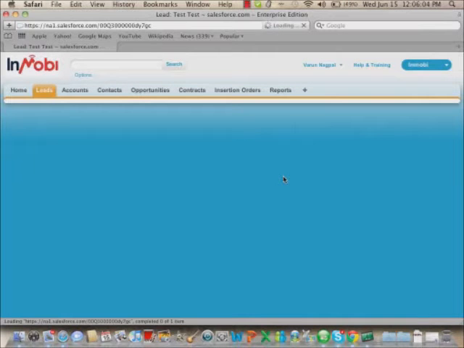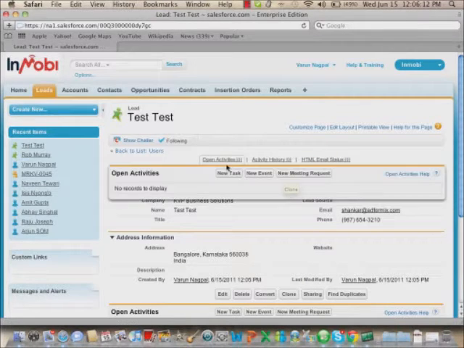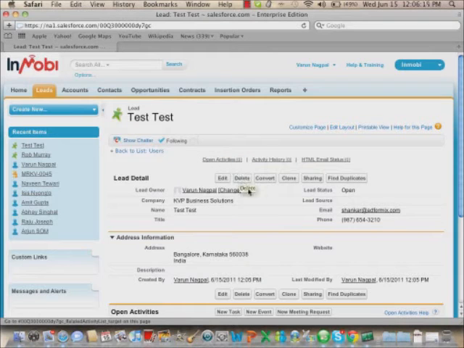So the moment you're contacting a lead, you've had 4-5 conversations with them, and now you feel that this particular lead is mature enough and qualified to be called an opportunity because you see a business opportunity now. You can convert this lead into an opportunity. So just click on convert here,